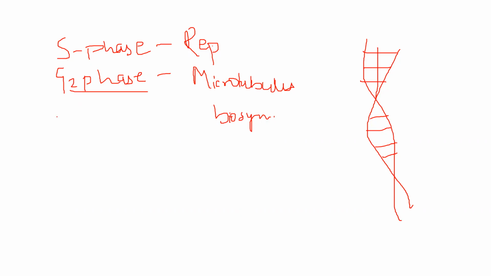And MPF, we had discussed in the previous classes. MPF, mitosis promoting factor. This mitosis promoting factor, we have seen, is made up of cyclin B and CDK1. It is formed before the G2 phase of the cell cycle, but at the end of the G2 phase, it gets activated. This mitosis promoting factor or maturation promoting factor,